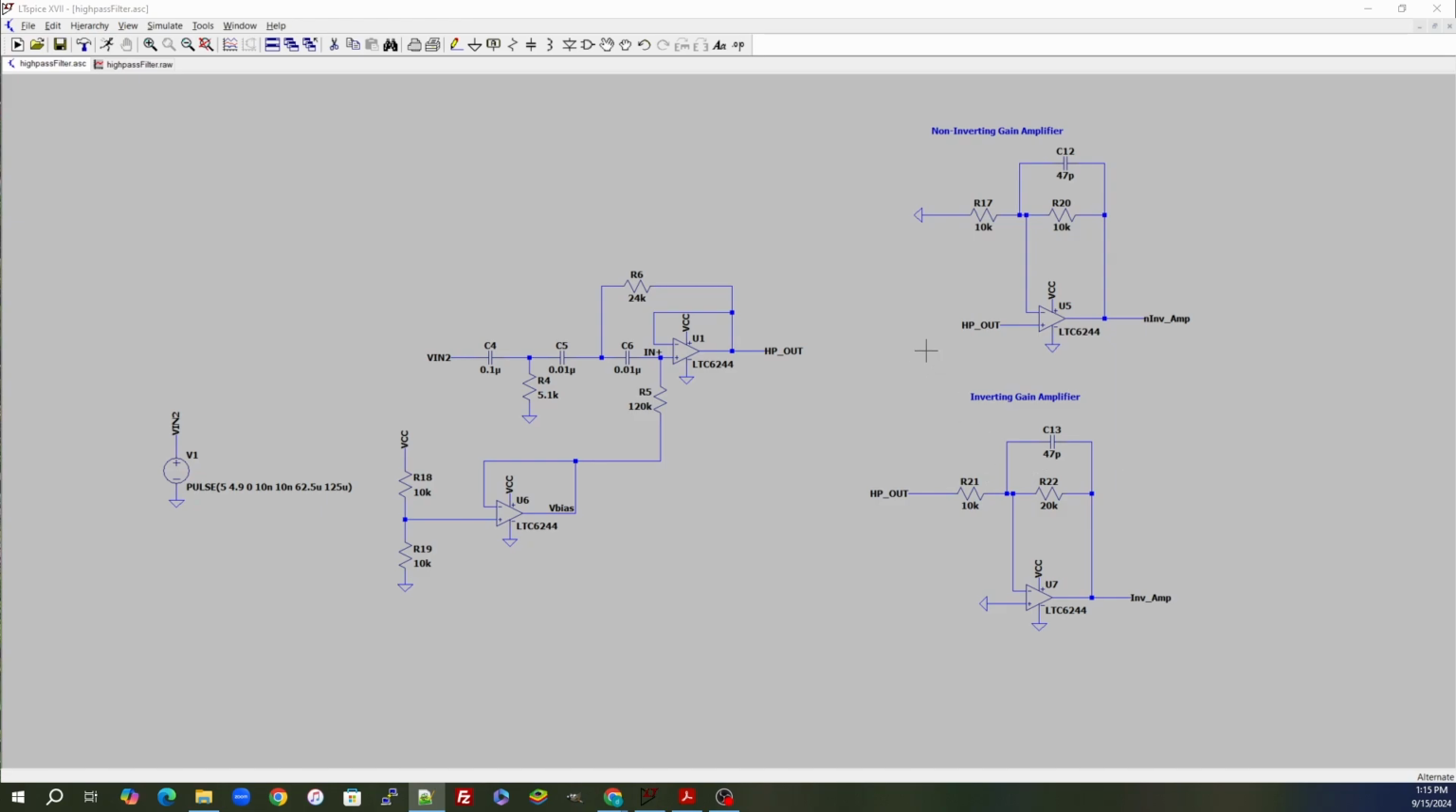Now what we want to do is go ahead and put an amplifier on this circuit here. So we want to amplify this high pass output. So we want to put a gain amplifier on this high pass output. We've got two choices that we can choose from, either a non-inverting gain amplifier or an inverting gain amplifier. Both these amplifiers right here are set up for a multiplier of 2. The non-inverting gain amplifier, the gain is 1